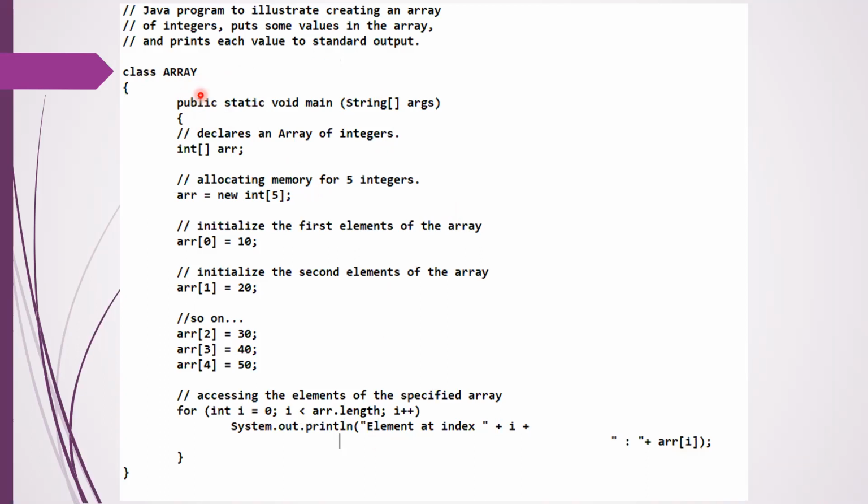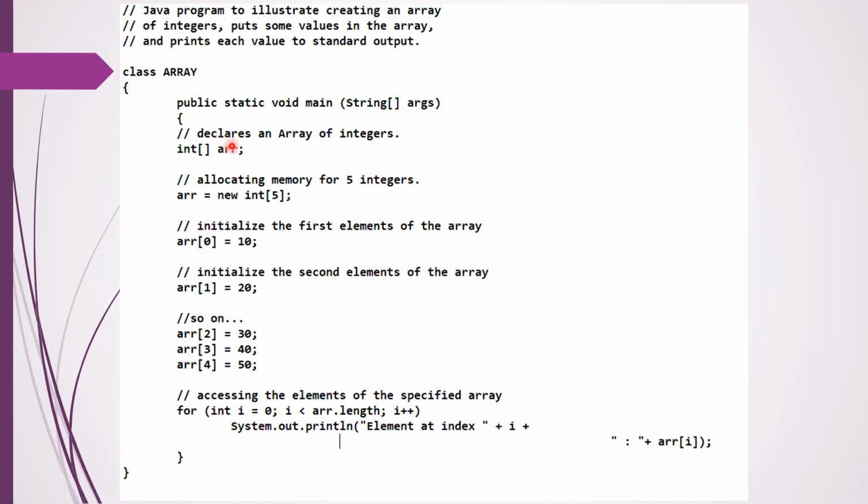You can have private or protected also. Public is for giving access to everyone. Then static. Static is used because you need not create objects for the main function, so that you can save memory. Then void is the return type, nothing is returned. Then the main function, and this is the syntax: you have to give String and args.